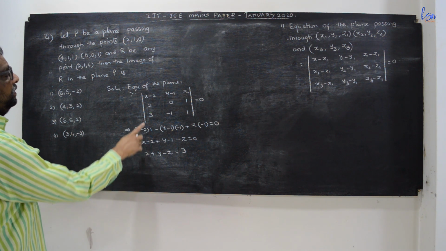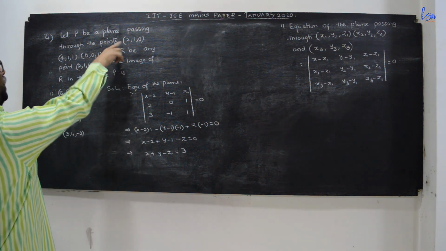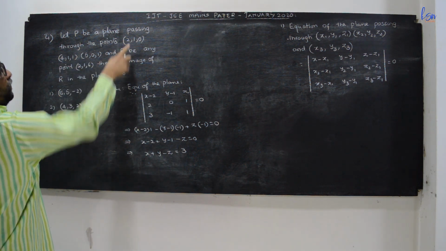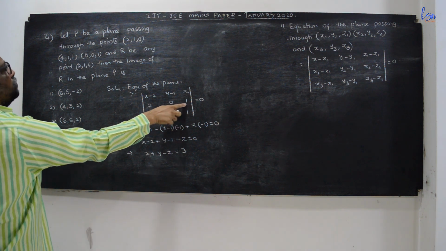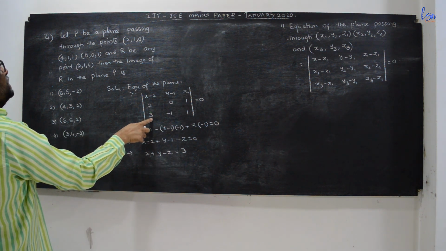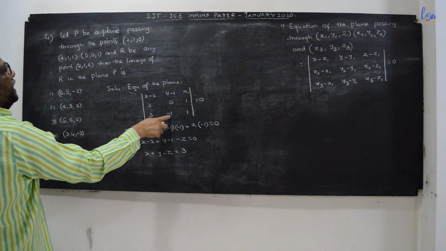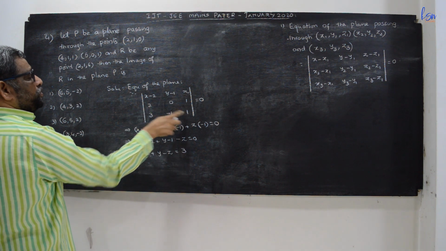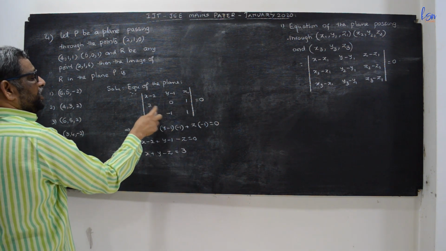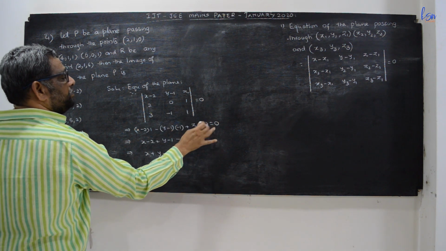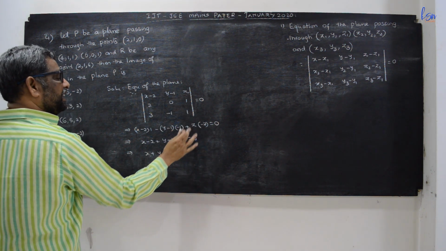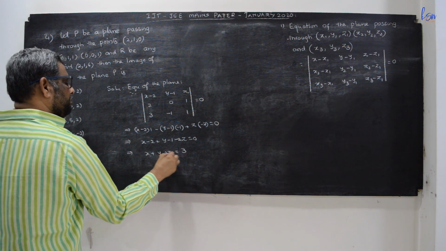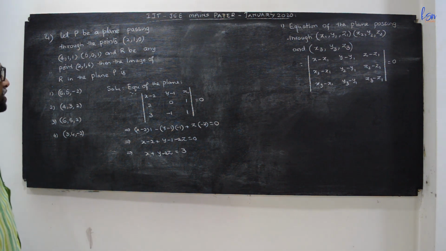So here, now these are the points. Once again we'll look into them. x minus 2, y minus 1 and z. This is 4 minus 2 and 1 minus 1 and 1 minus 0. And this is 5 minus 2, 0 minus 1 and 1. So (x minus 2) into 1, (y minus 1) into 2 minus 3, minus 1, plus z into minus 2. So this is minus 2z. So x plus y minus 2z is equal to 3 is the equation.